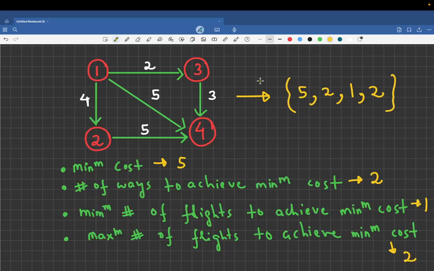So I hope the problem statement is clear to each and every one of you. Now how can we actually solve this? When I see this problem, the first thing that comes to my mind is that every subproblem involves a common thing. And what is that common thing? Minimum cost, right? If you just look, every subproblem involves this minimum cost. So this problem may be revolving around the minimum cost only.